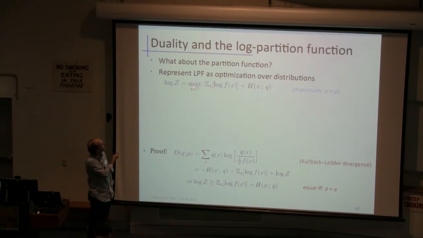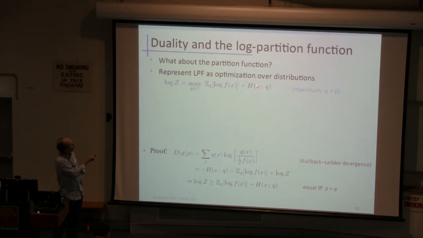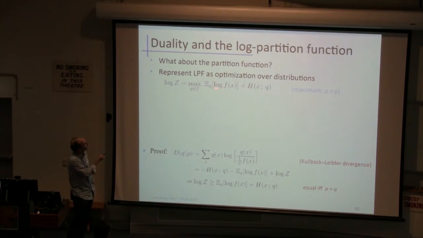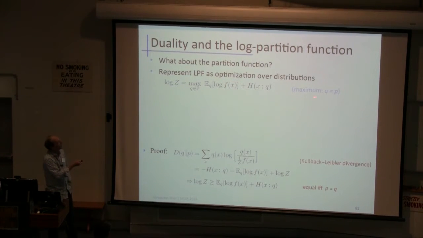So the Q distribution that maximized it was something that put all of its mass on the large value of log F, right, the optimum value of X. Now we have an extra term, the entropy of Q. And so we're going to balance between configurations X that have high value and distributions that have high entropy. So now our optimal Q won't be a delta function at X star. It'll be something that spreads its probability mass out according to the relative probabilities of